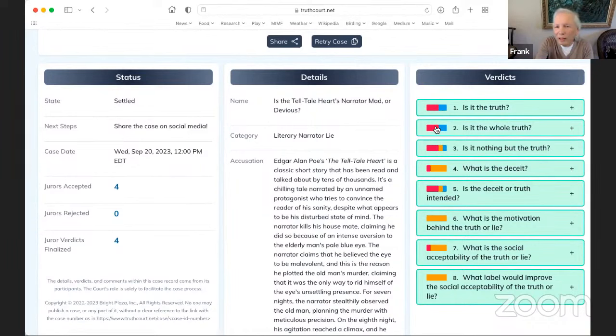So I'm seeing that a fair number of people are disagreeing with me on my indications, which is fine, which is the way I intended it, to stimulate discussion, like a teacher would if it were assigned in class. So at this point, I'd like to invite the jurors to make any comments that they would like about the case and about what they think about all of this. Anybody have any comments?